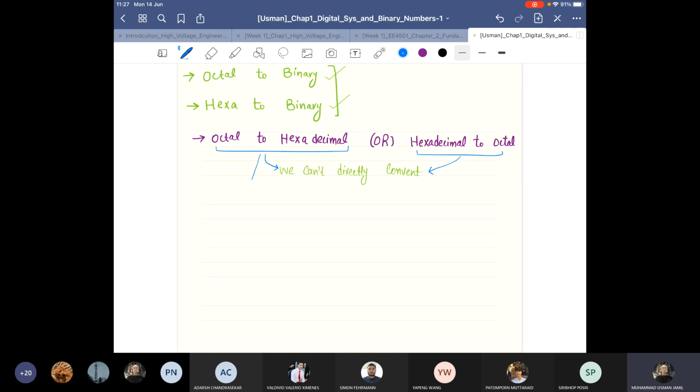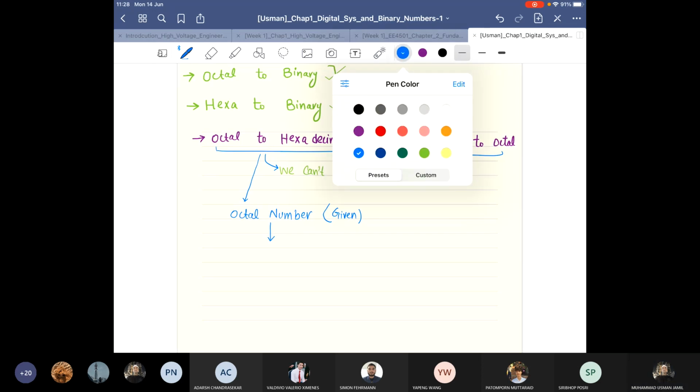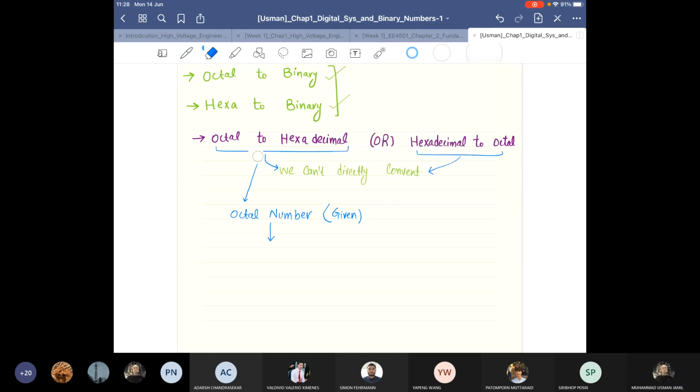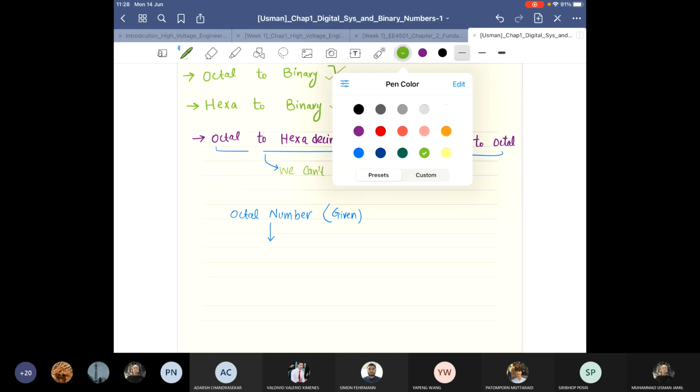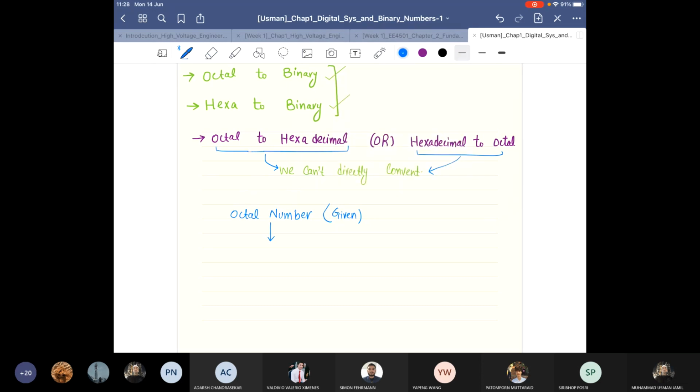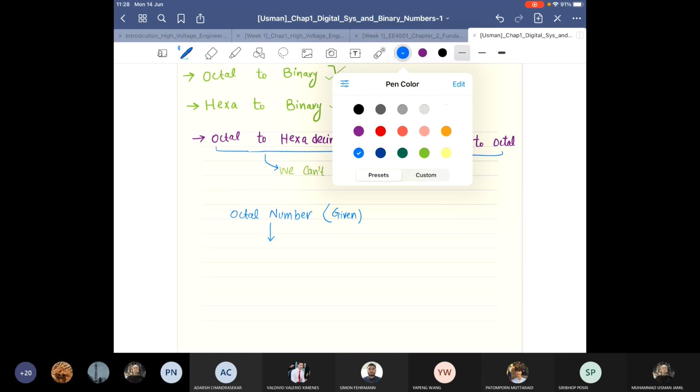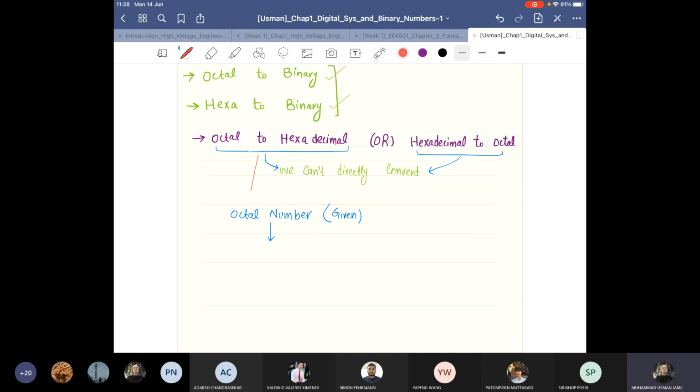Let's suppose for this one, how can we do it? We have an octal number which is given to us, so first we have an octal number which is given to us.